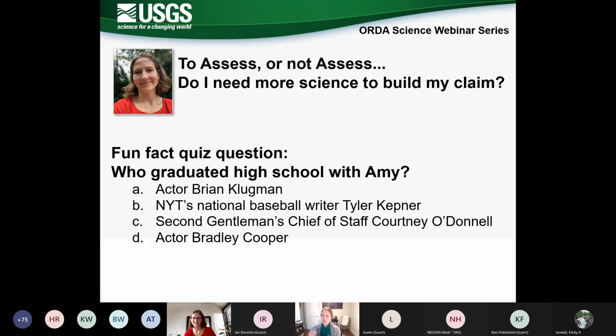And for this particular topic, I've worked with Amy now for several years, and being a scientist that helps coordinate science for NRDA cases, sometimes when is there enough science? When do we need more? As scientists, we always want to go a little bit further and have things complete in a certain way, but NRDA is a little bit different, as most of you all probably know. So there's some different constraints on that. So I've been asking Amy, probably the last couple of years, if there was something that we could do on this topic, and I finally convinced her